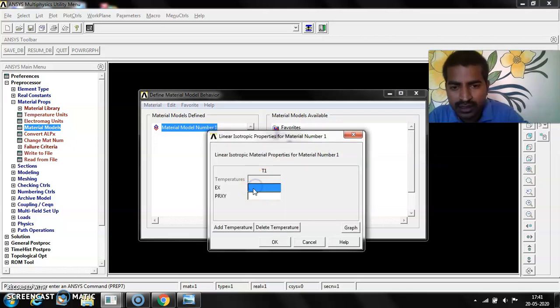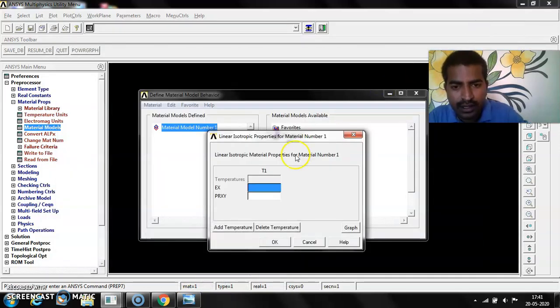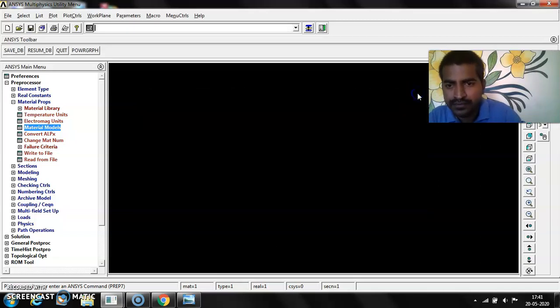So Young's modulus, is it given? Yes, it is given, it is 2 into 10 to the power 5. So mention the value of Young's modulus, that is 2E5. And Poisson's ratio you can give 0.3. Then say OK, then close it.